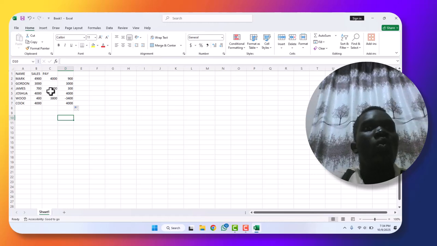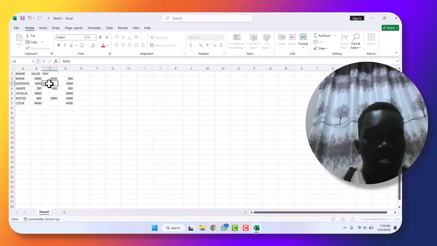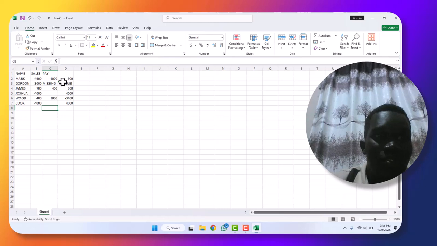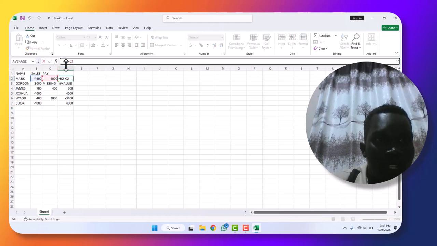But now these empty cells which you're seeing, they indicate a zero. So we are going to fix here a word. Let us put the word missing, and you'll see that it has brought the hash value error, meaning that the function which is used here does not support words. So let us go again and then we put the function of sum, equals